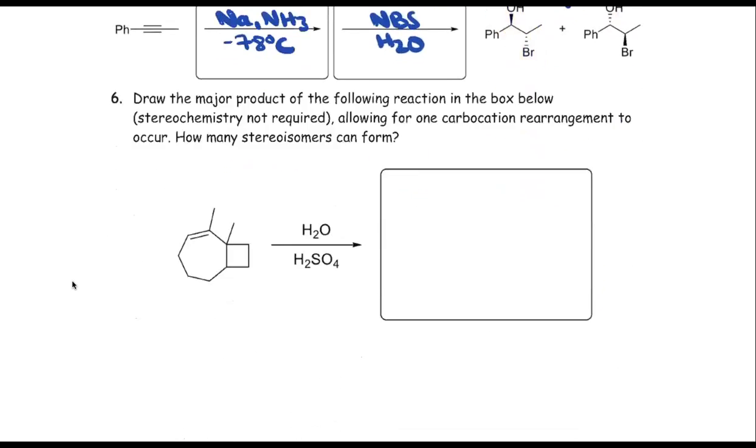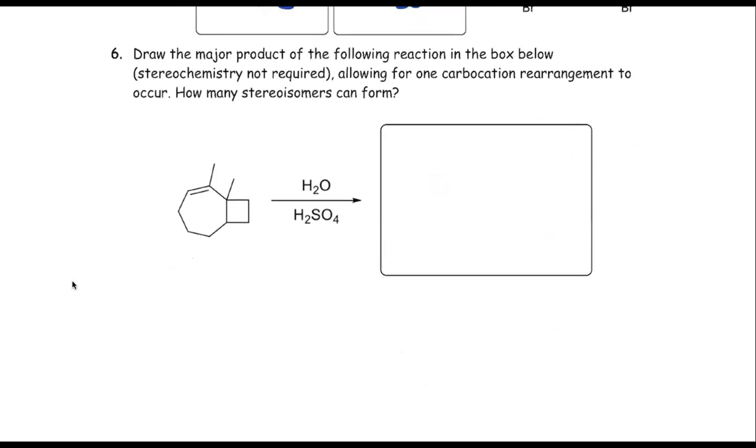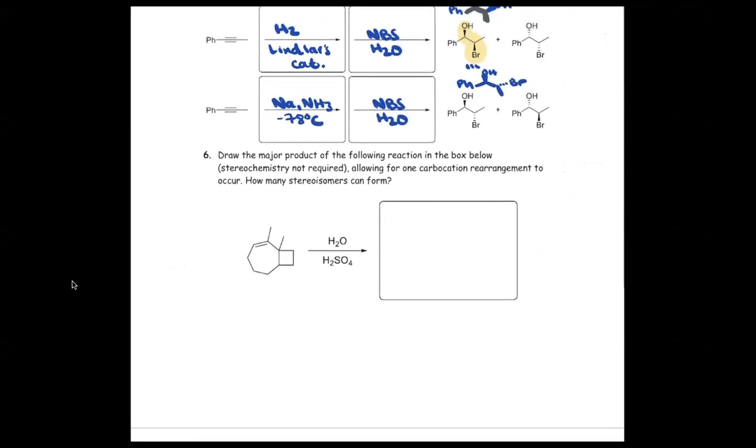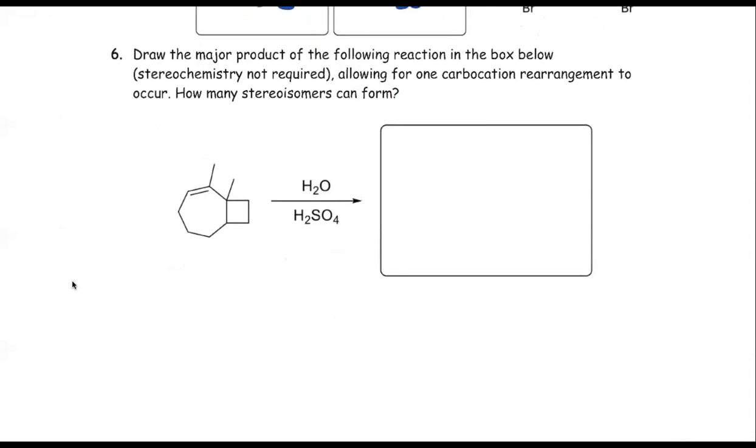Cool. And then this one, last of exam 2, it says to draw the major product of the following reaction in the box below. Okay, so it says here that stereochem is not required, but you're also allowing for one carbocation rearrangement to occur. Well, here you see you have a 7-membered ring and a 4-membered ring, both pretty unstable. However,